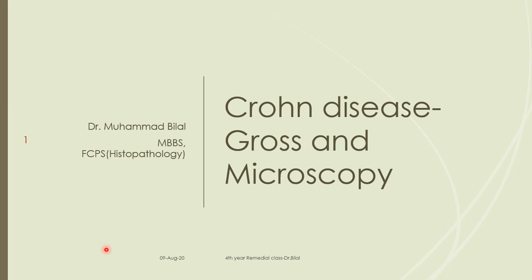Now, while talking about ulcerative colitis, we said that ulcerative colitis is a continuous disease. So the basic difference in this aspect is that Crohn is not usually a continuous disease. It affects the large bowel, and it may also affect the small bowel as well. When it affects the large bowel, there are lesions that are termed skip lesions. By skip lesions, we mean that a certain portion of the bowel gets affected, then there's a spared area, and then another area. This is different from ulcerative colitis, where we saw continuous involvement.